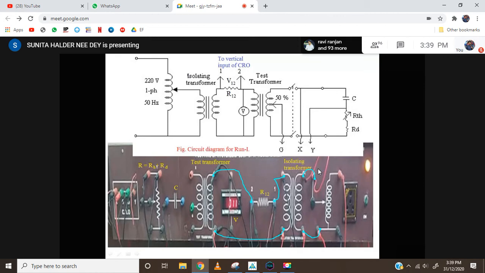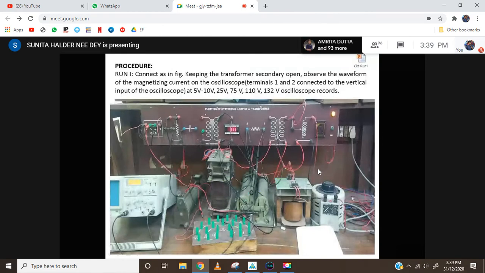To measure the voltage, we need a voltmeter, so we must connect this one. Have you understood the circuit? Yes, ma'am. If you had done this experiment in the lab, you would do exactly this. Only, instead of these blue lines, you use wire to connect. It is exactly the same. So this is the connection, and the lower side is this one.